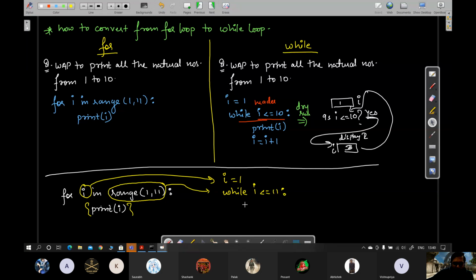ठीक है, तो body क्या हो जाएगा? Body will directly translate into body. Print I, and whatever is the step value in range, that will become the last statement of the body. तो step value 1 है, I से उतना increment हो जाता है. Okay, so you can say this is the first step, assignment of the loop variable at the first line. This is your second thing, that this range becomes the condition of the while header. Body is the body, and fourth is